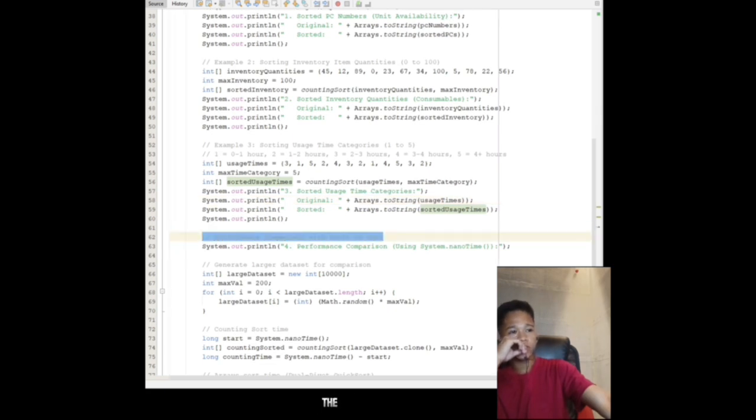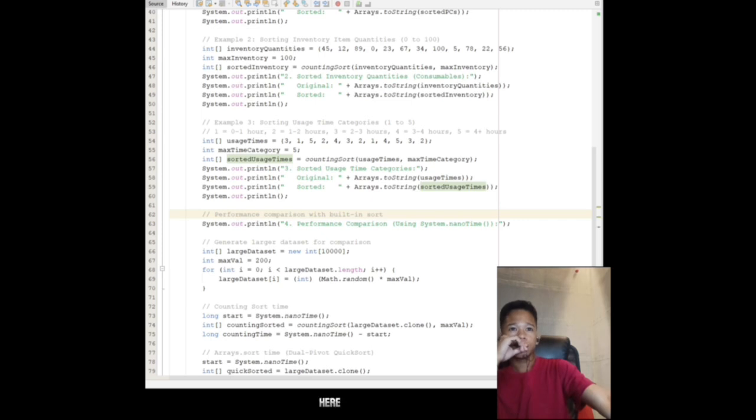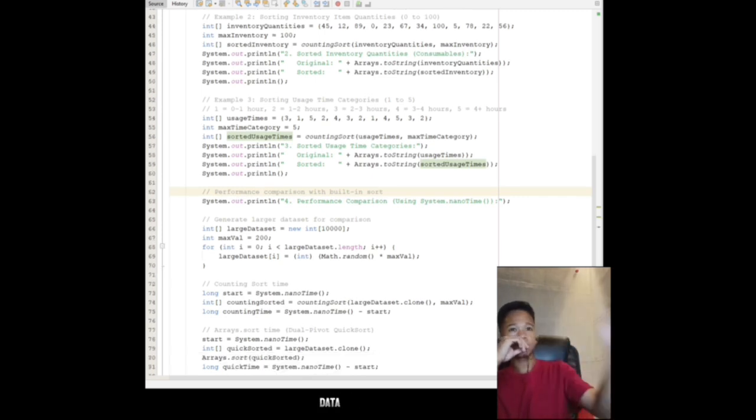We compare it to the Java built-in sorting method, using generated data compared to the data set size.